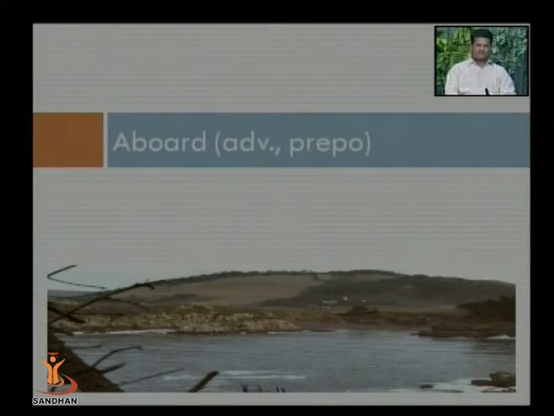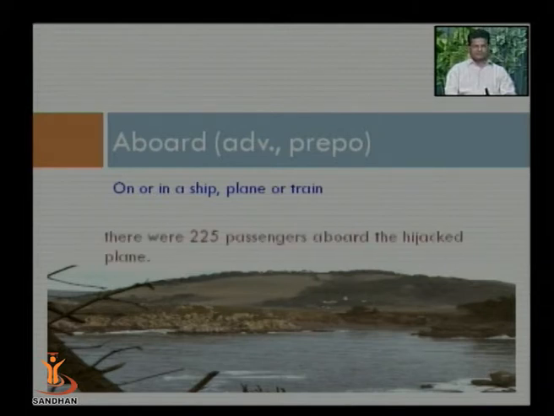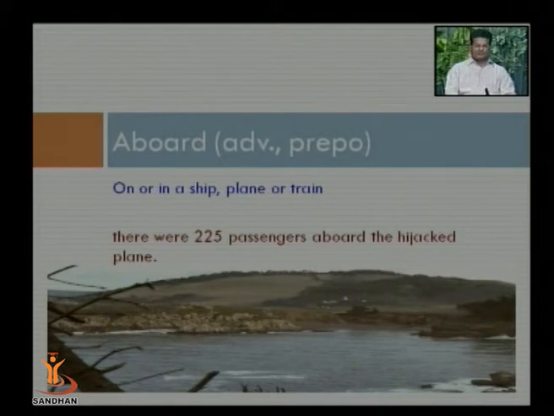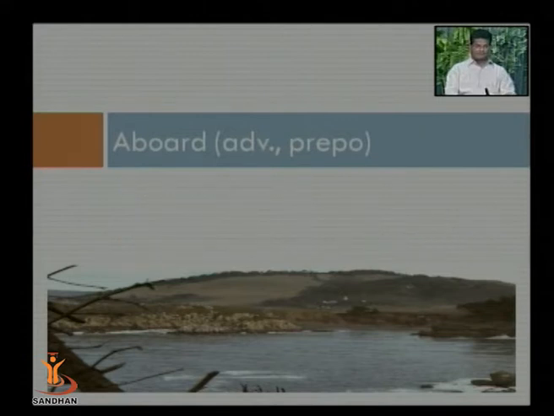First word of the first pair, aboard. It is used as adverb and preposition. On or in a ship, plane or a train. To aboard means to board the ship or plane or train. There were 225 passengers aboard the hijacked plane. That means on the hijacked plane there were 225 passengers. Now the pair of this word is